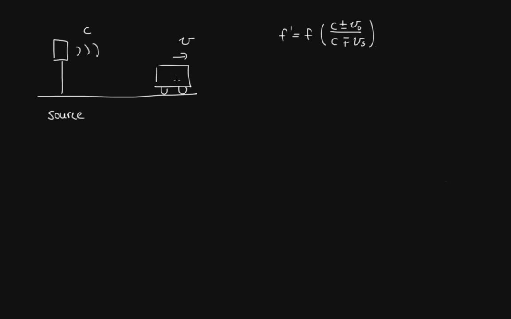So we'll start by working out the frequency of the waves which are reflected off our car. Our car is our observer in this case, so this is equal to the frequency emitted by the source times c. Now this is the observer and it's moving away from the source, so we take the lower sign, so that's minus v. That v is how fast the car is traveling away from the speed camera, and the source, the speed camera itself, is not moving, so we've just got c. So this is equal to the frequency detected by the car,